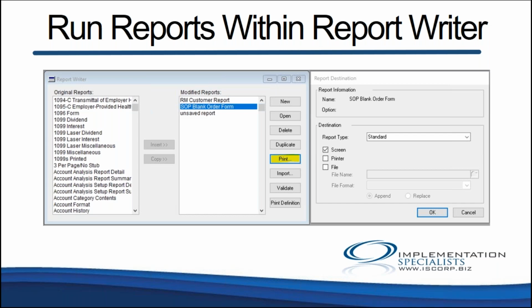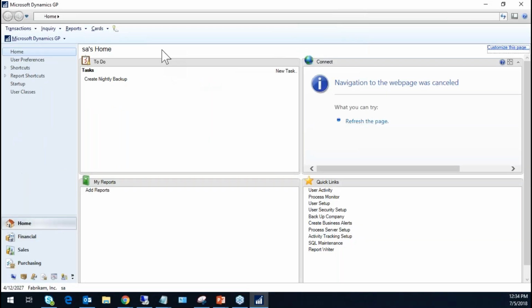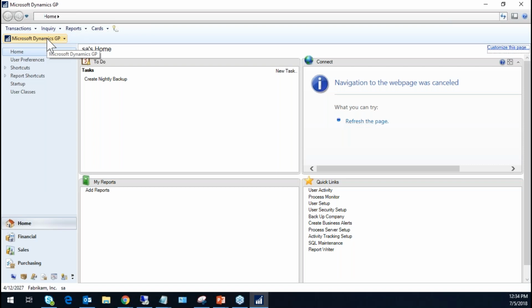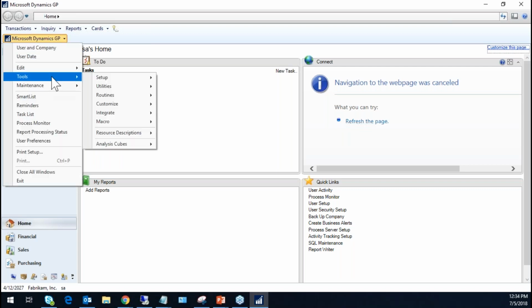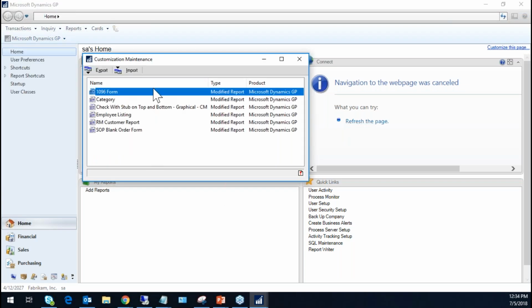One other way that I do want to show you, there's actually a way within GP to back up those modified forms and reports here. And that is actually a very handy thing to do. Because like I said, if something happens, if all the files are stored on a SQL server and say that goes down for whatever reason, it can be easy to get up. So if you go to Tools, Customize, and then Customization Maintenance, these are all the modified